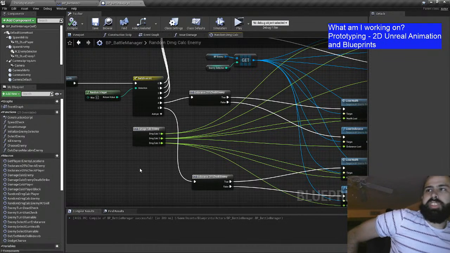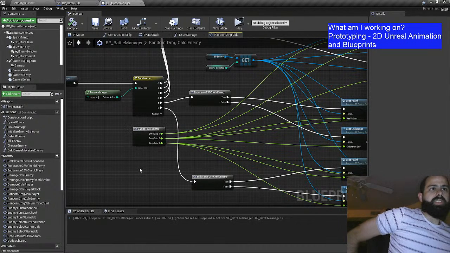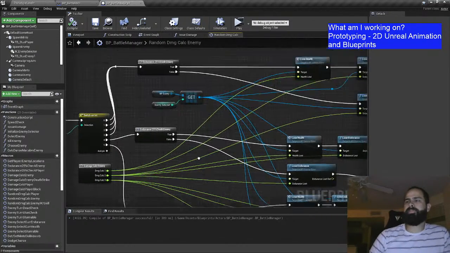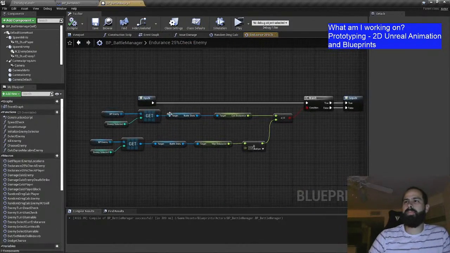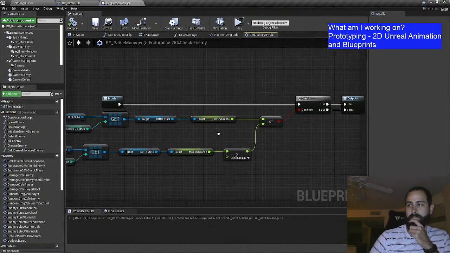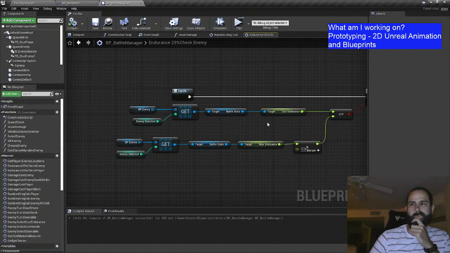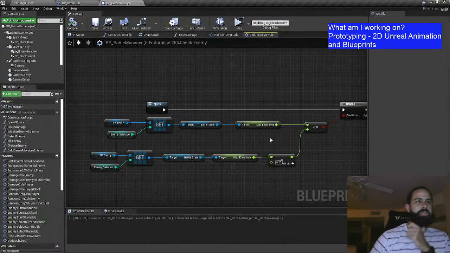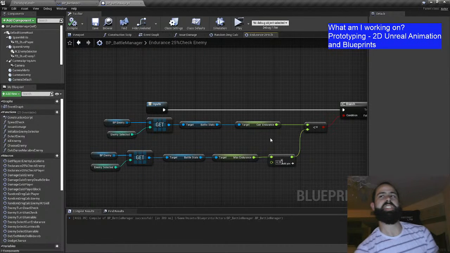Okay, so endurance check with the enemy. That is what decides if they are blocking or not blocking. So what it's doing is it's taking the enemy's endurance, which I've put into